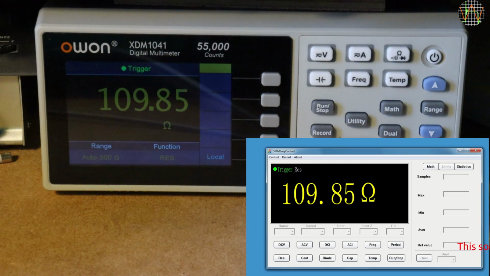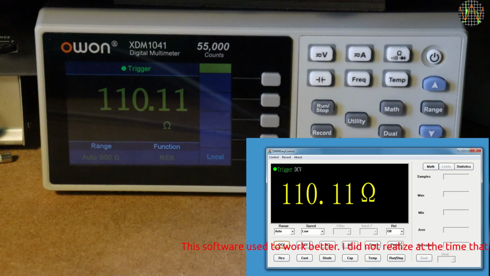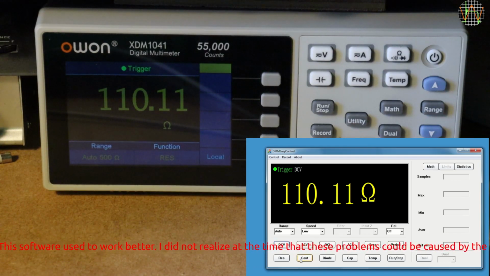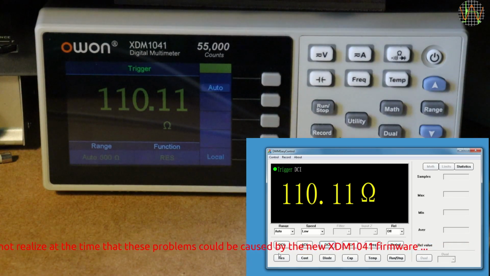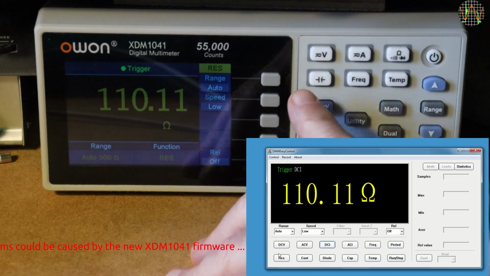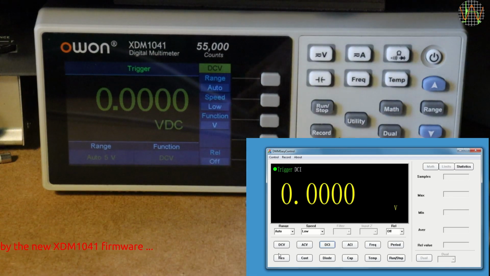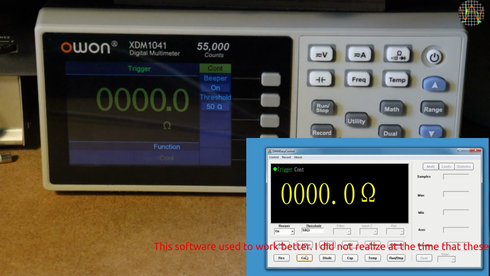The only problem, the remote control part doesn't really work all that well. According to the program, we are now in DC volts, but in fact we are still in resistance mode, but lost REL. Switching to AC volts is also not working. In frustration, I used local mode and turned the multimeter to DC volts, which is recognized by the software, although the function is still wrong as DCI. I'm not boring you with more stuff that doesn't work, but continuity at last did change the meter.